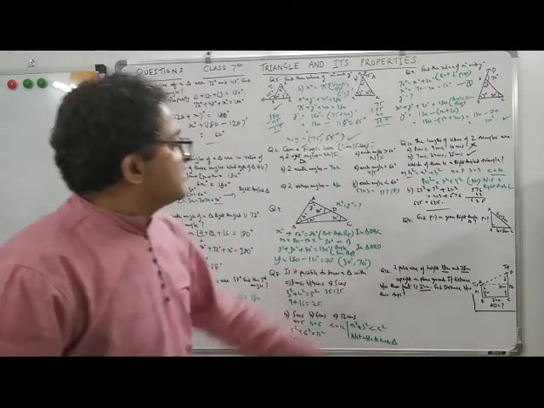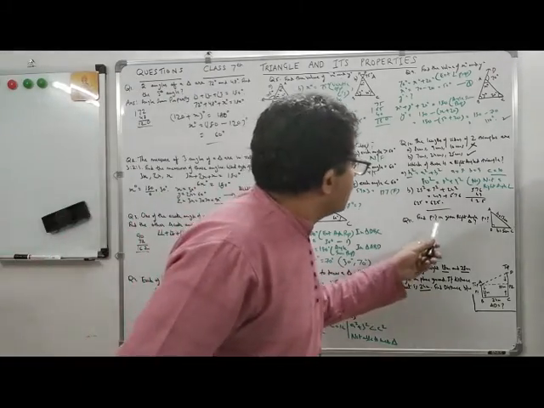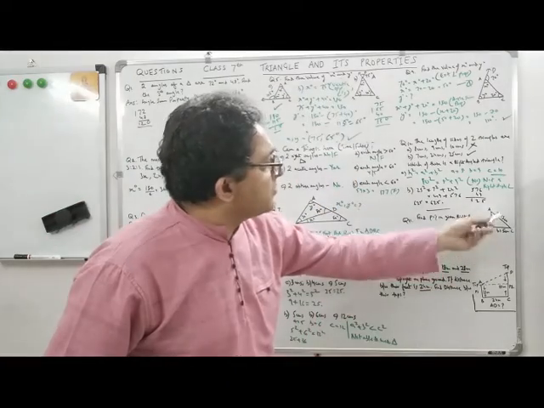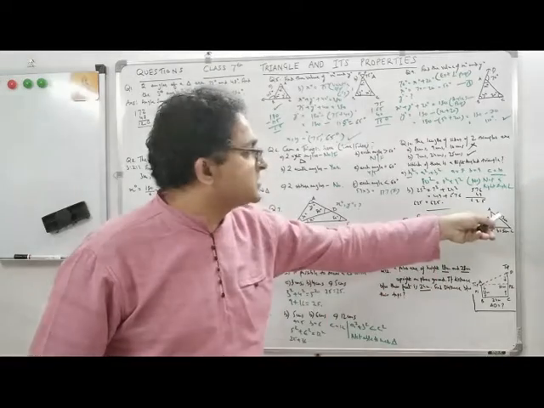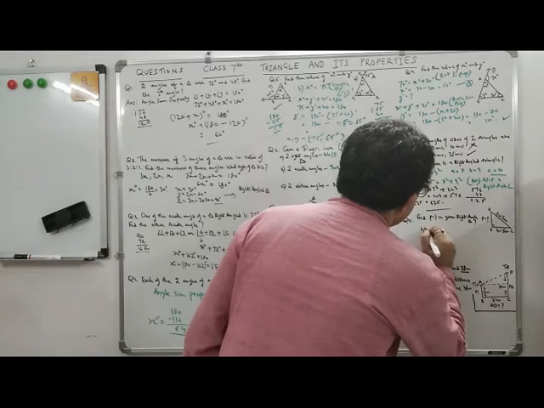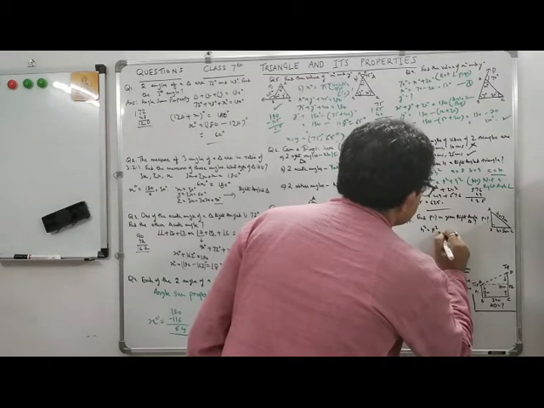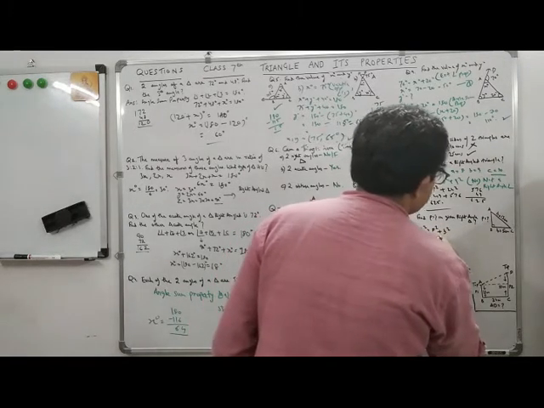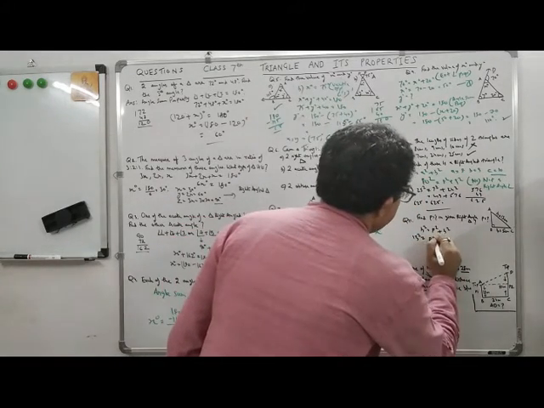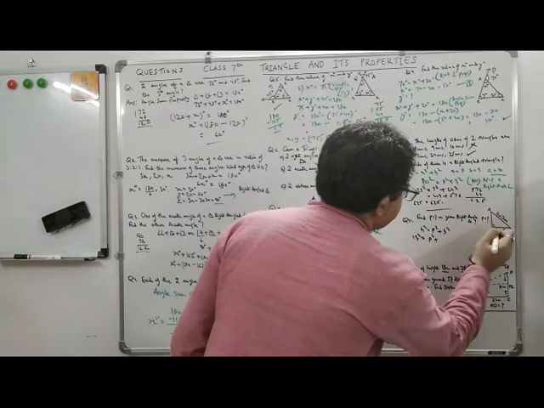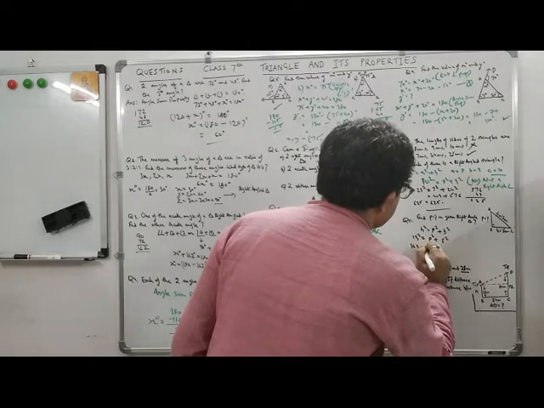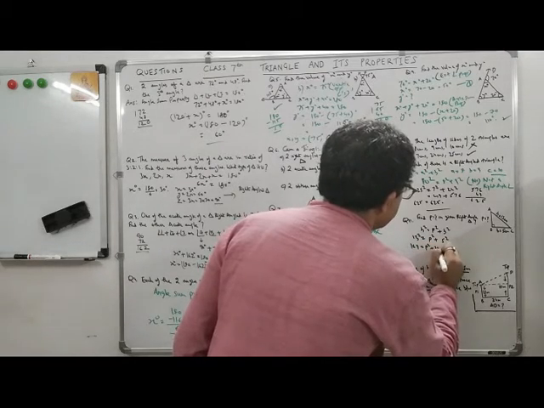Now find P. Find P in the given right angle triangle. Simple. H is the hypotenuse. B is given, or maybe they don't mention the hypotenuse. They just mention the longest side. The longest side is the hypotenuse. So we have to calculate P. We know H square is equal to P square plus B square. So now replace the values. 13 square is equal to P square, which we have to calculate, plus base square, 5 square. B is 5, given. So 13 square is 169, which is equal to P square plus 25.